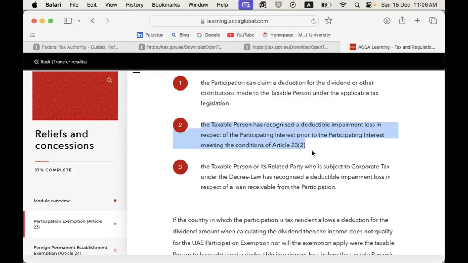Yes. Anybody else concur with Haya? No, you cannot, because it says that for losses booked before it became a participating interest, you cannot get the exemption. Exactly. Abbas is right. The mistake that Haya Husban LLC made was booking the impairment loss at the beginning of 2024, because you deducted it from your taxable income. The only way you may be able to do that is if you reverse it or remove it from your books. So that's a condition you guys should remember.